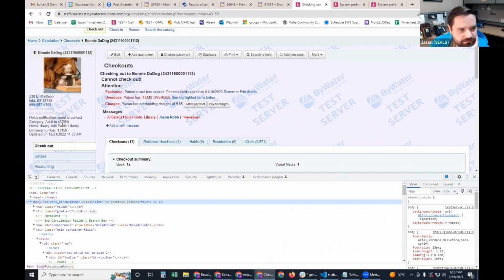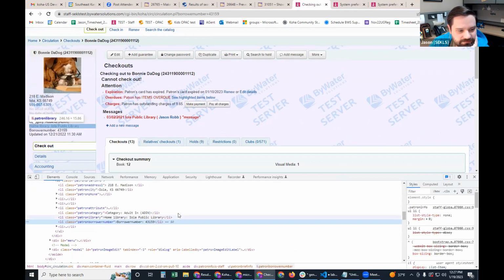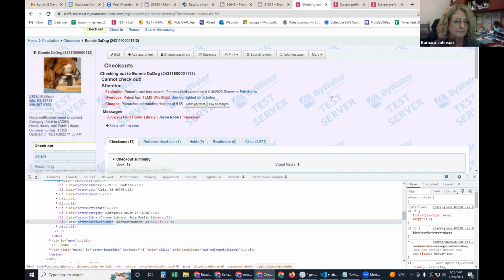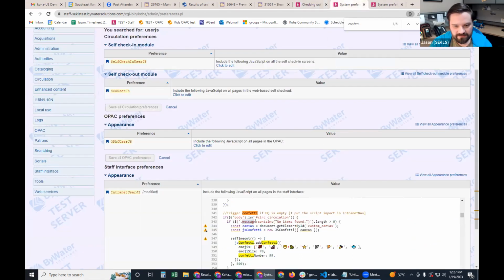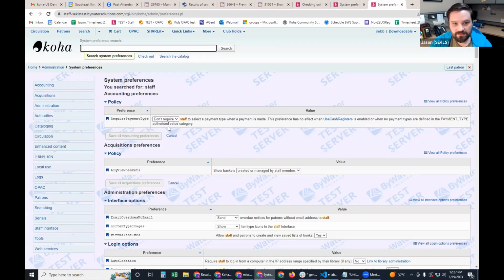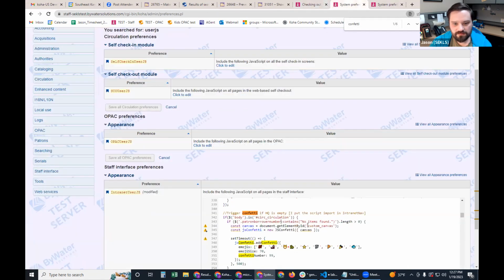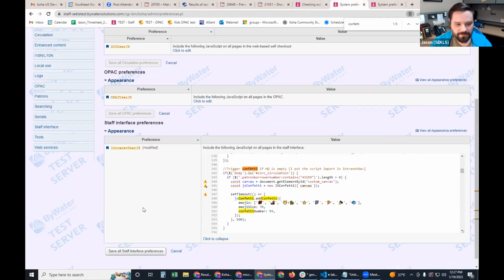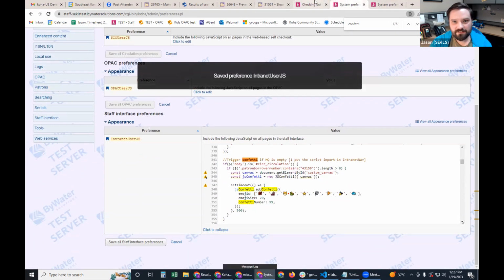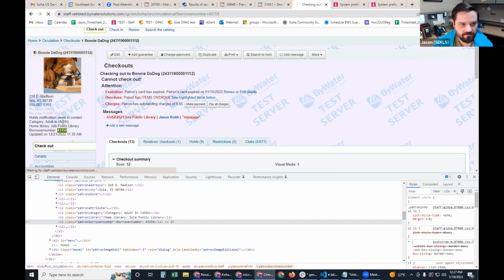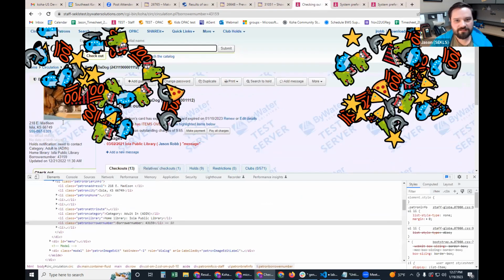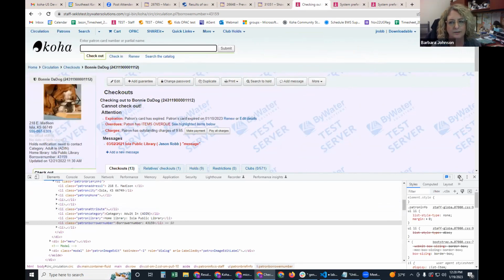I mean, let's see. I would just go after something easy. So like borrower number, which is a class. Probably won't work. Oh, it did. See, now that's pretty much what I tried, but